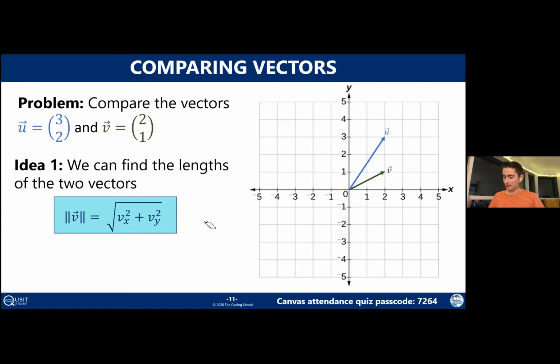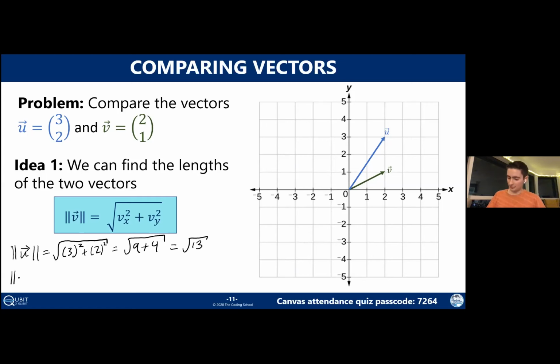So to go ahead and compute the magnitude, we've been through this before. I'm just going to do both of these fairly quickly. Remember, we use this double bar to denote the magnitude. So I'll do the magnitude of u here. Then we'll go ahead and use the formula that's given there. It's just the square root of the squares of the two components, which is a bit of a mouthful, but all that means is you put the square root, and then we plug in 3, square it, and then we take the 2, square it. We get the square root of 9 + 4, which is √13. So that's the magnitude of u.